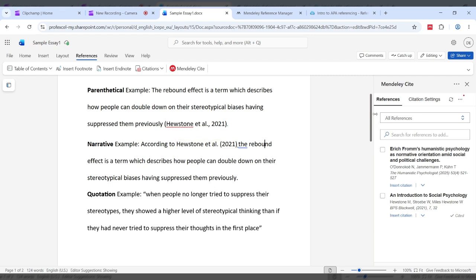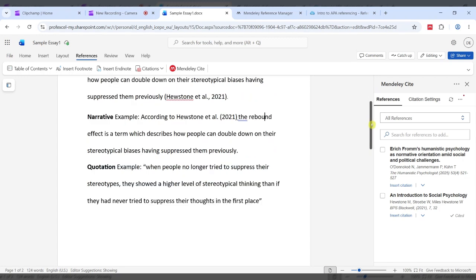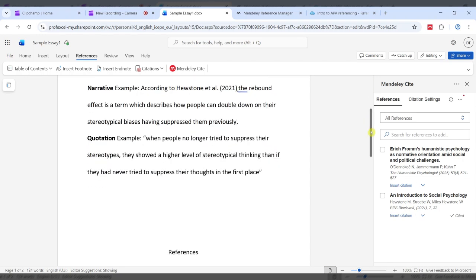The final example then is a direct quotation. So you'll probably have read, and your lecturers might have explained to you, that it is better to do paraphrasing where possible, and you'll always want a higher percentage of paraphrased references rather than direct quotations. But there are times where you maybe need a direct quotation for something very specific, or something you just can't put into words better than it already is.